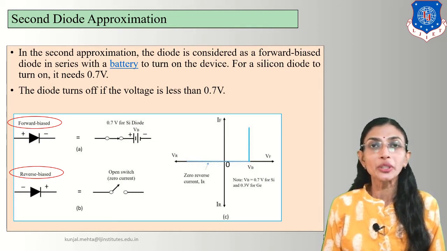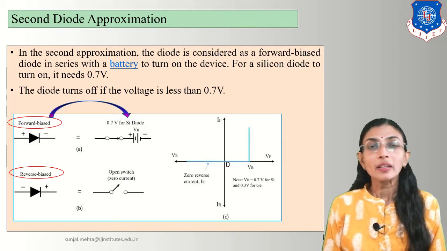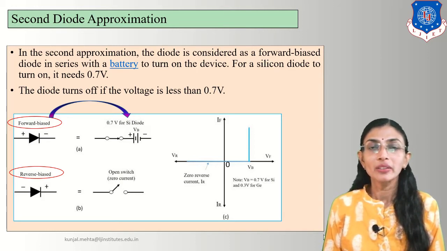The similar assumption and equivalent circuit you can draw, but the diode is connected with a series battery. The diode's potential barrier is also considered. If it is silicon, then it will be 0.7. So let's start with the first case, that is forward bias. The diode acts as a closed switch, but it is connected with a series battery, which needs 0.7 barrier potential to turn on the diode. And similarly, in reverse bias, there is no change in the results of the diode equivalent circuit. That will be the open switch, right?